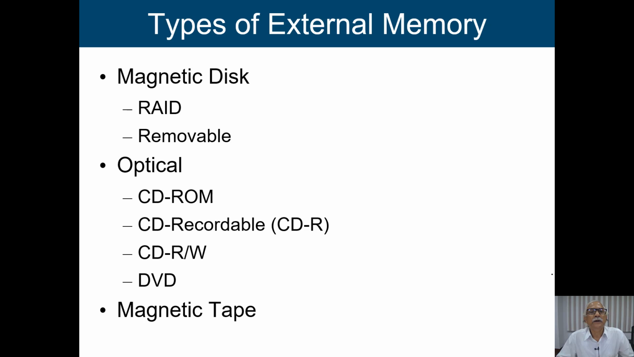Now what are the types of external memory? We said magnetic disks, and RAID, which is basically a redundant array of independent disks. We try to give redundancy, so we keep arrays of magnetic disks. We are going to talk about the magnetic disk, and this is removable. In some cases,